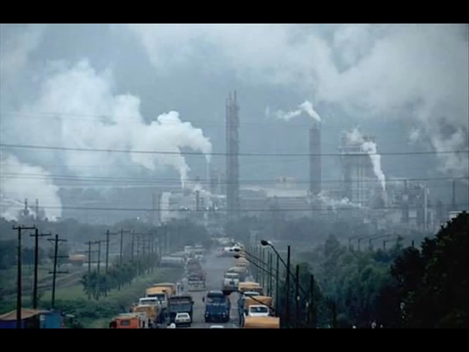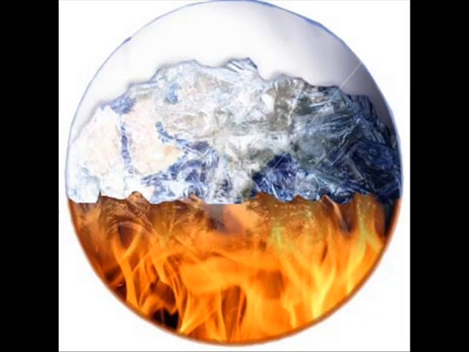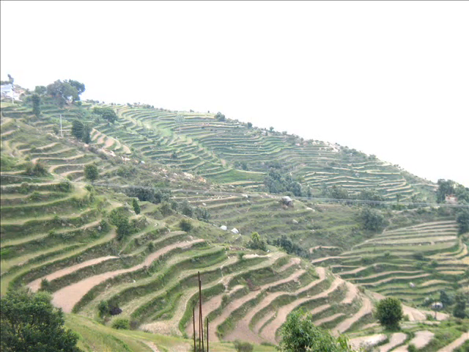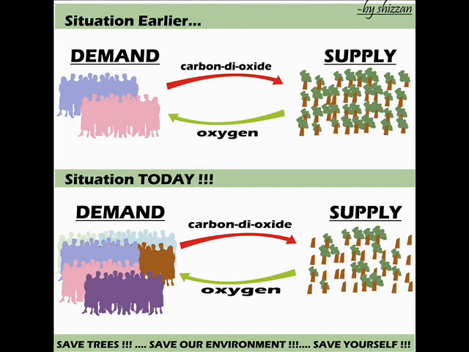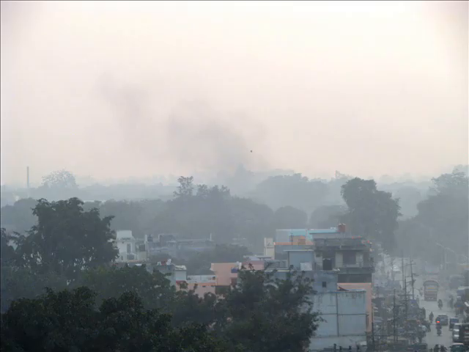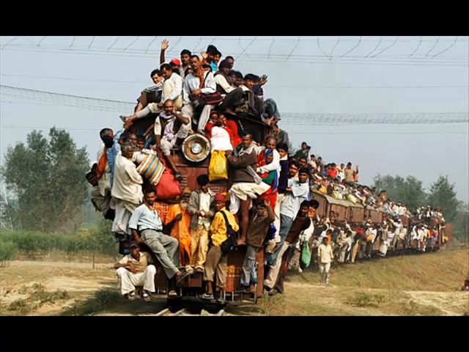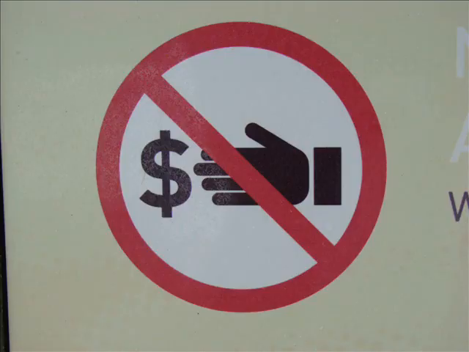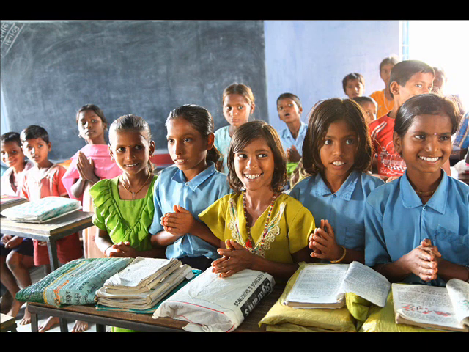Overpopulation causes more pollution and harms the environment. In order to have homes for the growing population, about 8 million hectares of forests are taken down a year for irrigation and to build new homes. With more trees being cut down, India receives less oxygen. There is also more pollution and harmful chemicals being put into the air. There are not enough jobs for the entire population of India, and that is why most live in poverty. Families that live in poverty do not have enough money to send all the children to school.